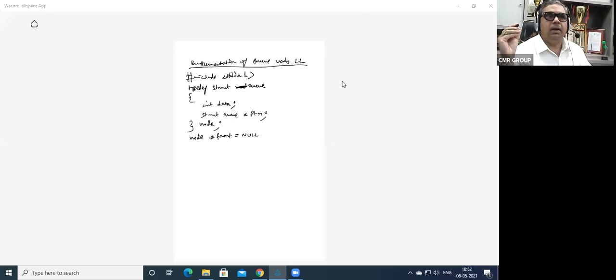And rear, the tail, should also be initialized to null, right? If front is equal to null, it automatically means there are no elements in the queue. So you'll say star rear, that is last.